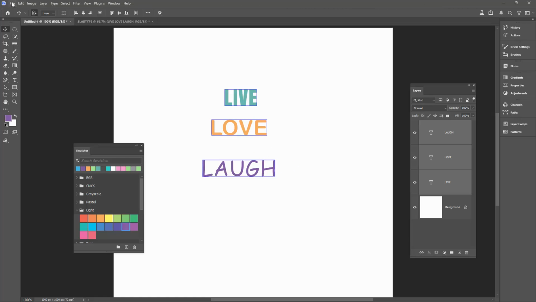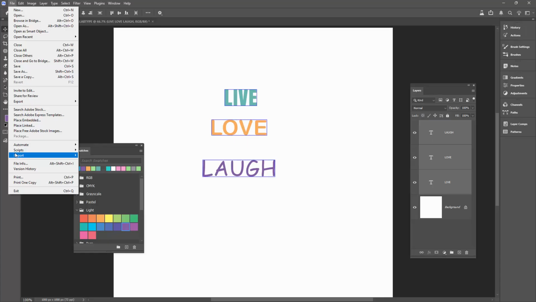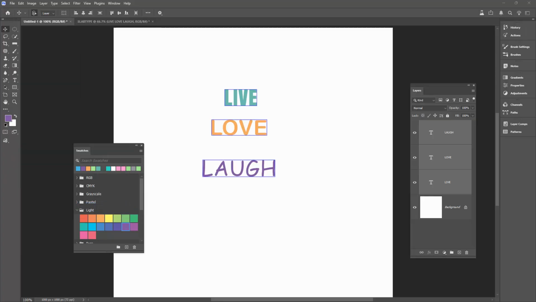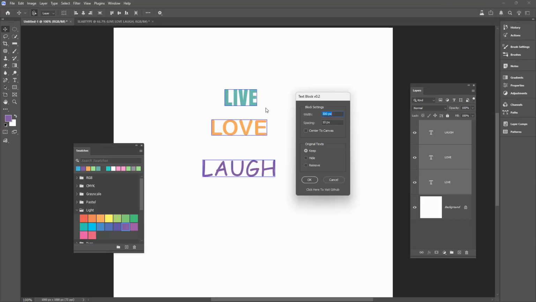I've already run this script before, so I'm going to File and then Scripts, and it's going to appear here in my script list, and it's called Text Block. So all I need to do is click on it. Now that's going to open a small dialog. The width is the width of the block. The spacing is the spacing between successive lines, and you can determine whether you want to keep the original text,